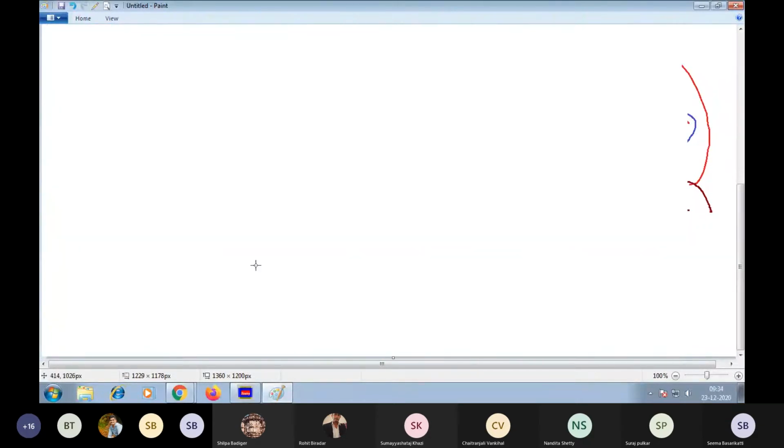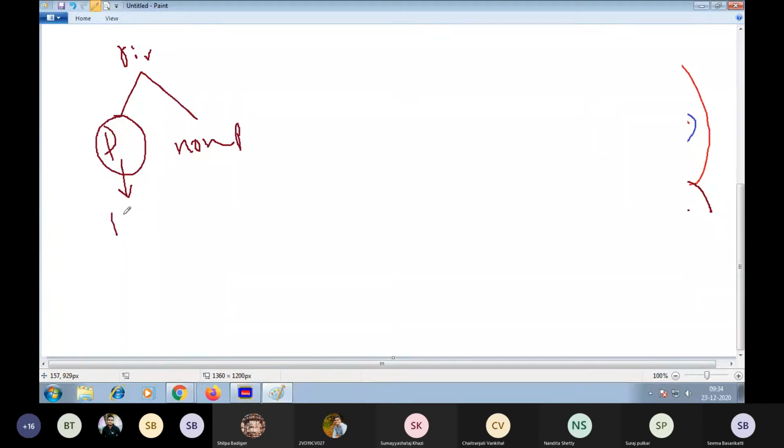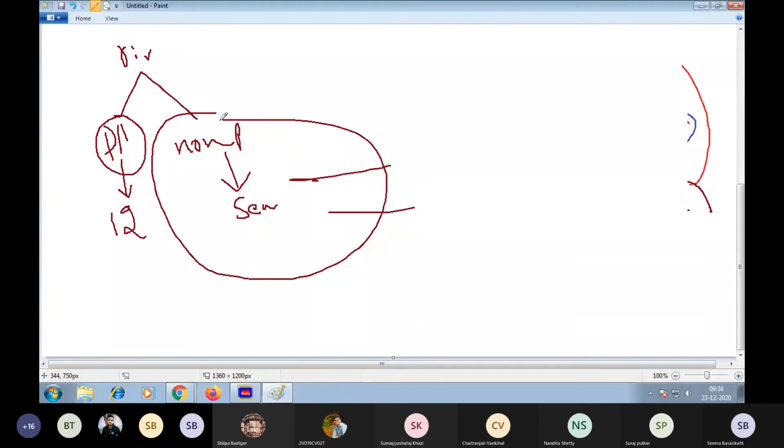No, ma'am. There are two types of rivers: perennial and non-perennial. When the river is perennial, throughout the year, for all the months, water will be flowing in that river. Non-perennial means the water flows only in certain seasons, and in the rest of the seasons the river is dry. This is the difference between perennial and non-perennial.